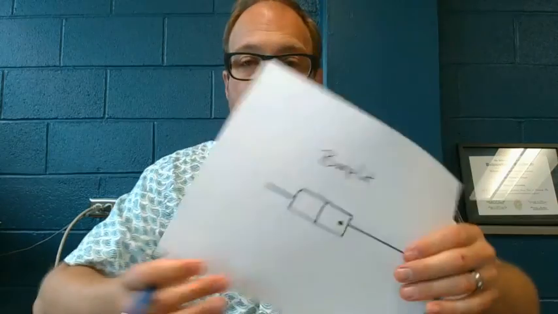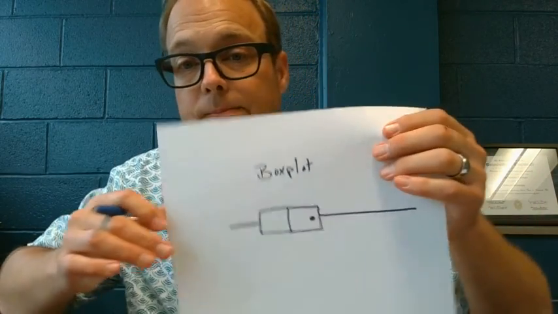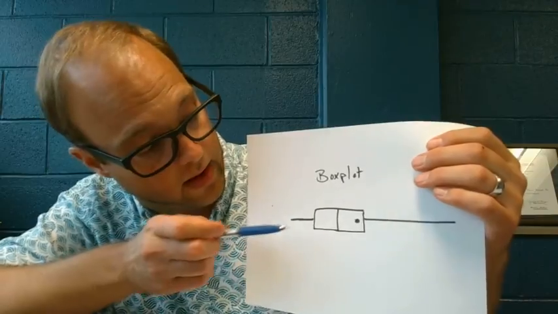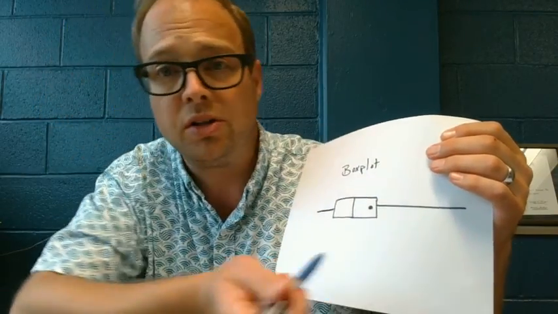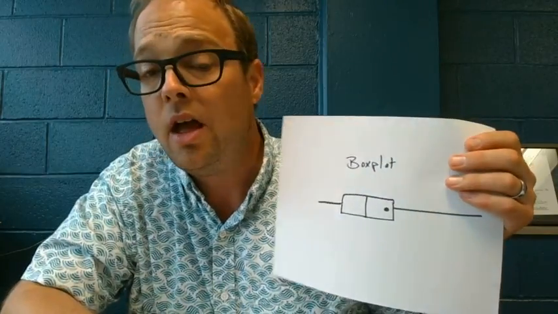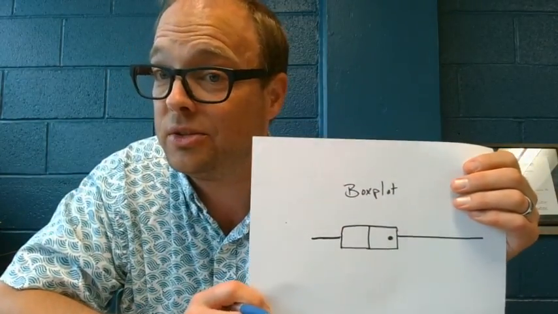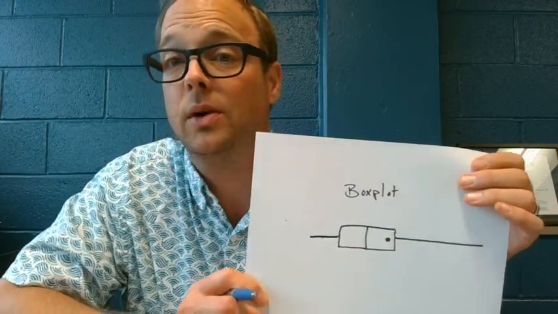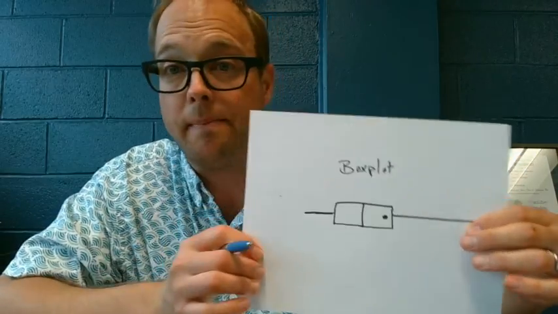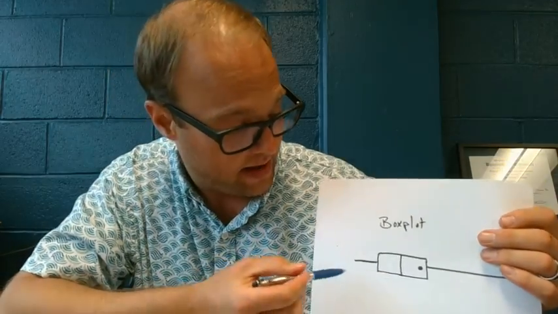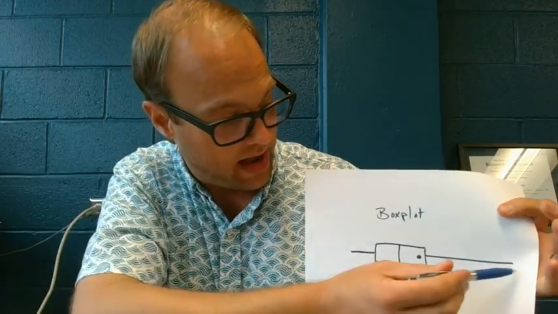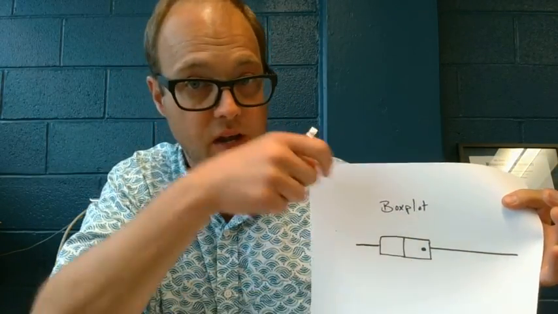Another example of a box plot is right here, a little bit different. Now we can see that we have a mean and a median, but in this case, the mean is being pulled higher than the median. So we would say that this distribution probably has positive skew, pulling that mean away from the median. Also, we have the total range, low and high, and then we have the interquartile range,